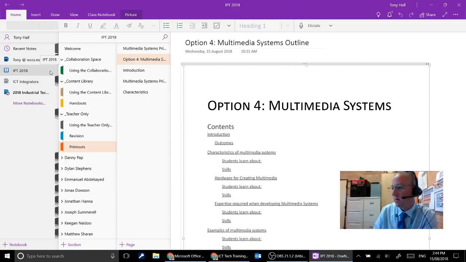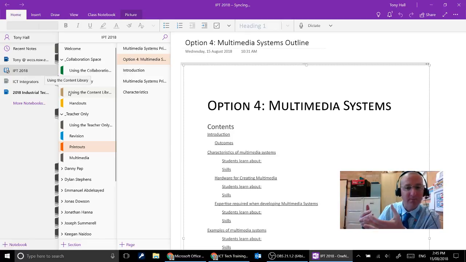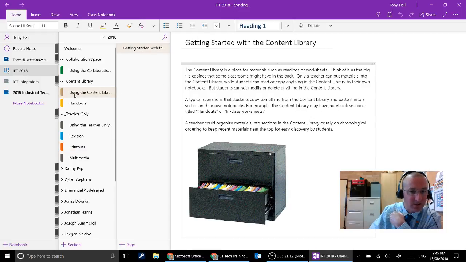And OneNote is Microsoft's solution to notebooks, and the way that it's meant to be set up, you can see down the bottom here that my notebooks are all open. I've got a number of notebooks, and then each notebook is divided into a number of sections, so they're meant to simulate the tabs or the chapters that you would normally have in a notebook. And if you go to the sections, you can see that the sections are made up